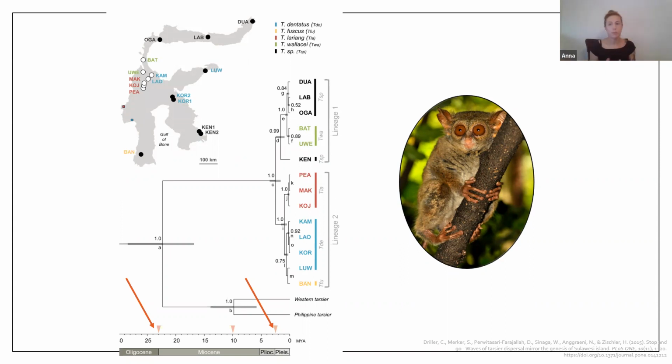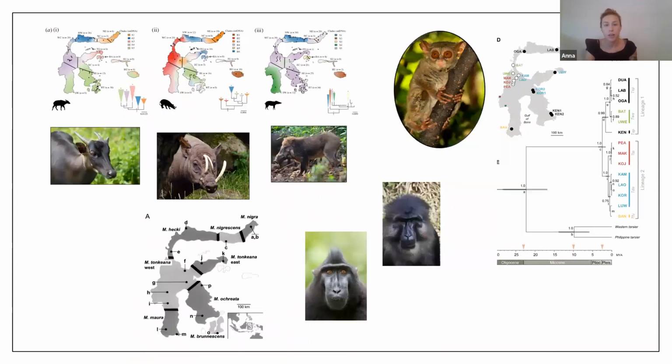So some people have called this pattern super endemism, in which you have species that have a combination of really long branches and really short branches. And it makes the Sulawesi diversity even more distinct than the other surrounding islands, which have different patterns of evolution. So this has been really well studied for a lot of megafauna, like the babirusa, with this really interesting taxon Sulawesi that people have really been interested in studying. But of course, a lot of the less charismatic fauna, the arthropods, the reptiles, have been largely untouched.